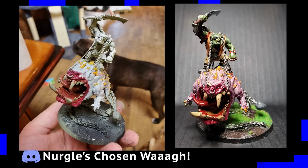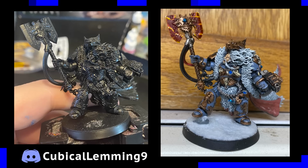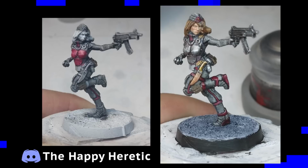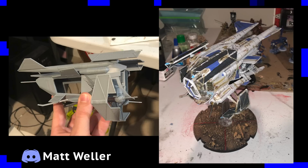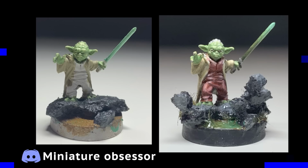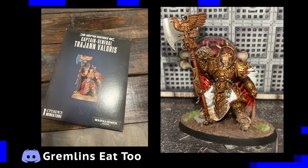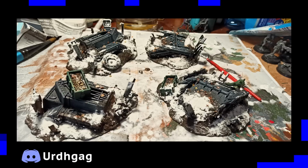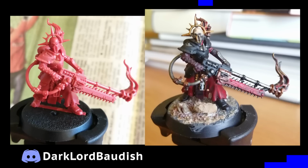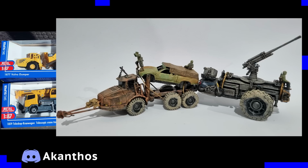an Orc Megaboss by 40k Guy, an Orc On Squig by Nurgle's Chosen Wog, a Space Wolf Terminator by Cubicle Lemming 9, a Crimson Stone from Infinity by The Happy Heretic, a Necron Silent King by Dingus Workshop, a Galactic Republic LAAT by Matt Weller, a Star Wars Legion Yoda by Miniature Obsessor, a Captain General Trohan Valoris by Gremlins Eat 2, an Age of Sigmar Techless by Unity, some Snowy Terrain by Erdgag, a Pious Vorn by Dark Lord Bodish,